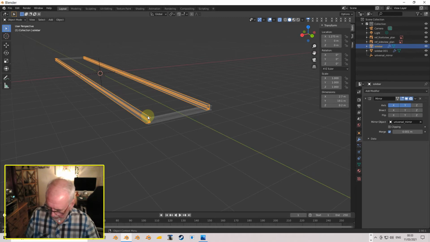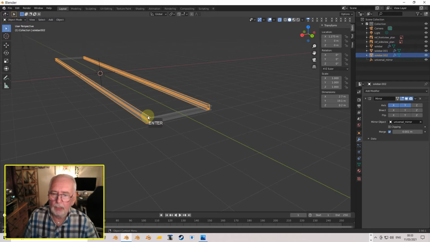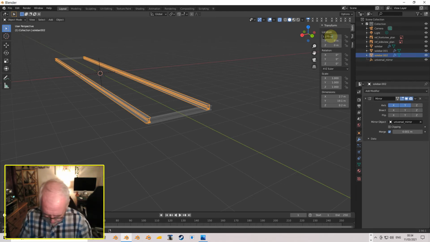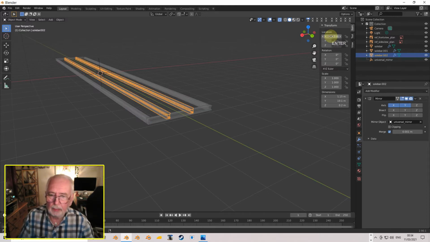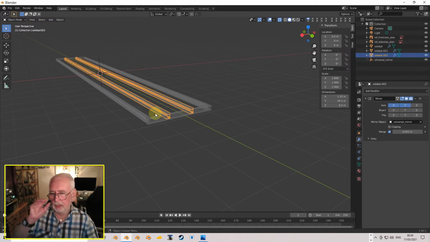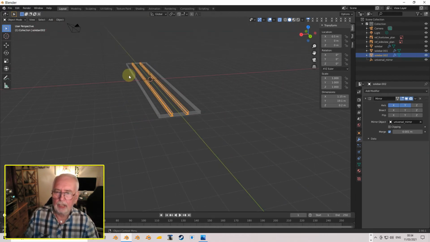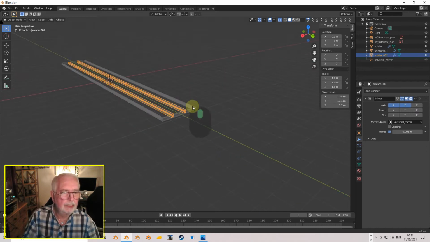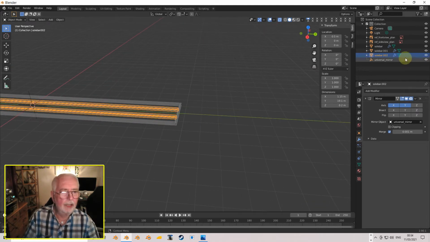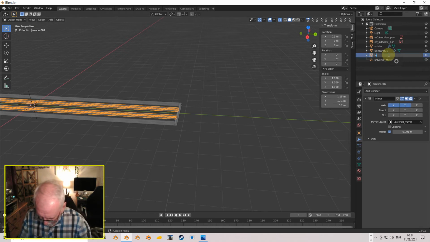Well, okay, we can now duplicate this. So let me duplicate this one. There we go, and let's move it to probably about 0.5. So I'm on, let's go 0.5. There we go. So I just want to make sure I've put it in the right direction there. Okay, so that's it. Now you would have some cross members there, but I'm not going to put those in now. But first off, I think these are just longitudinals,